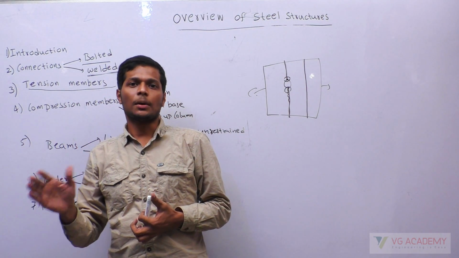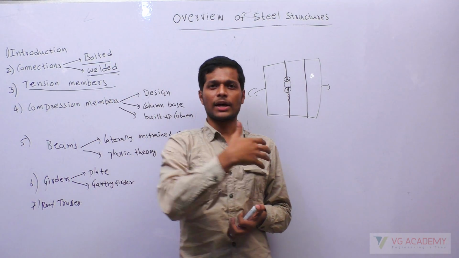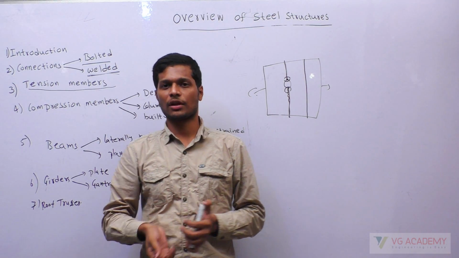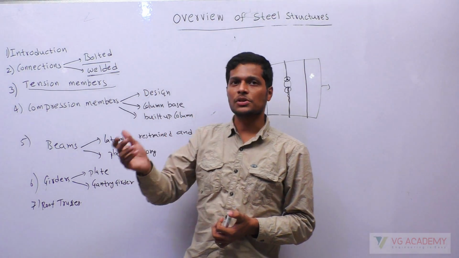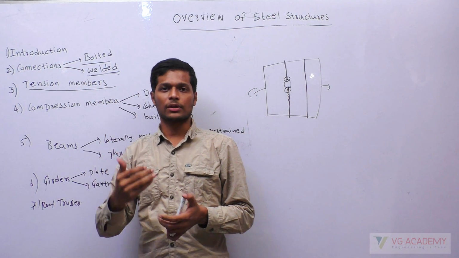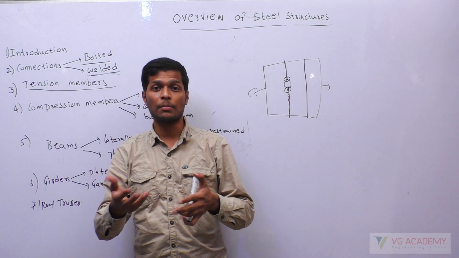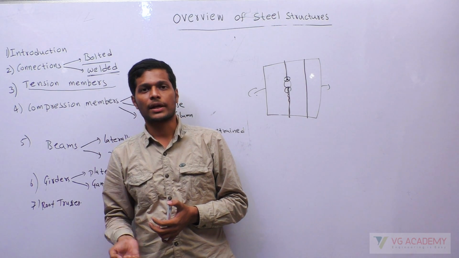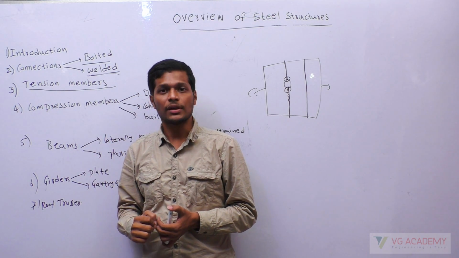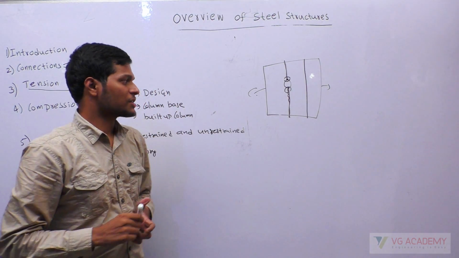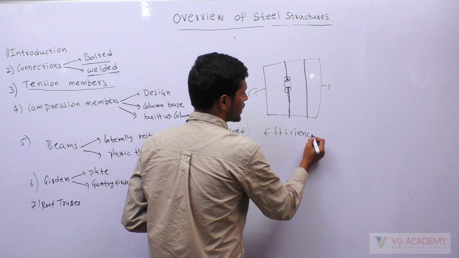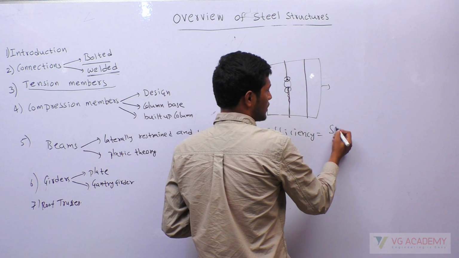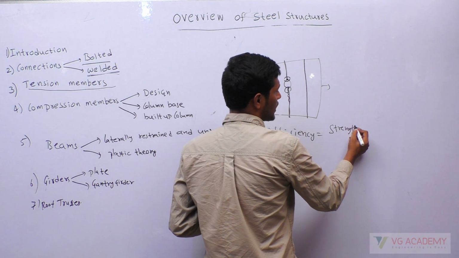And there is something called block shear failure also. It will take some time to show how the block shear failure will happen. Formulas are not important, but in the procedure, among these 3, whichever case gets the minimum amount of load, that is taken as the tensile strength of the connection, and the efficiency of the connection is given by the strength, that is the minimum of the 3 cases,